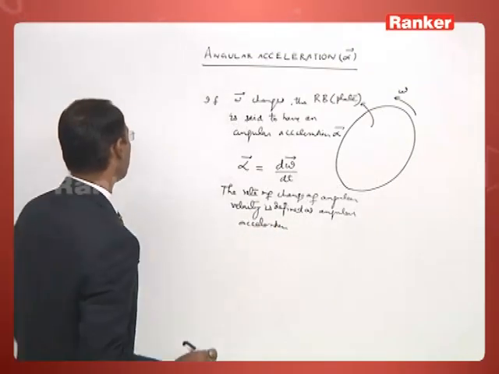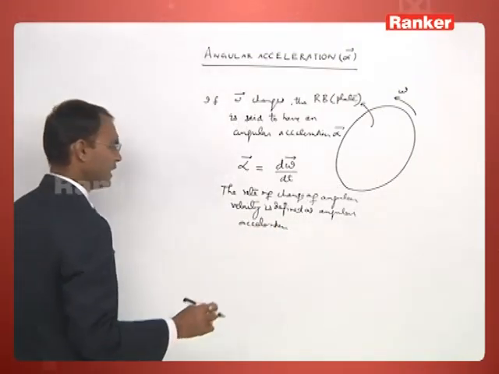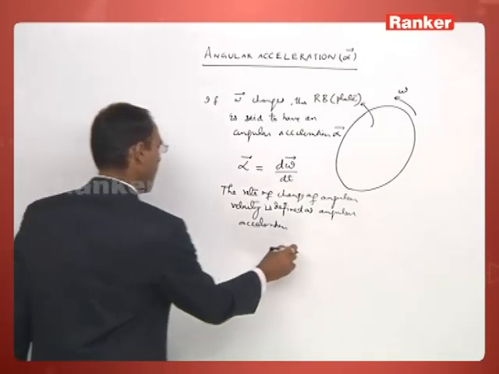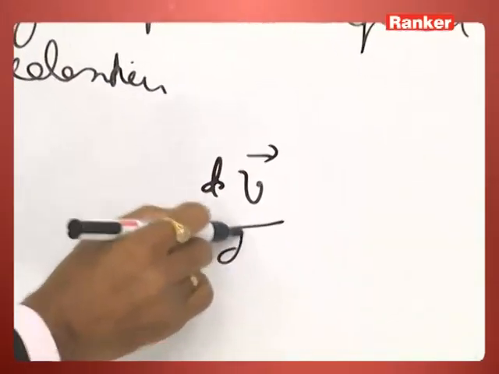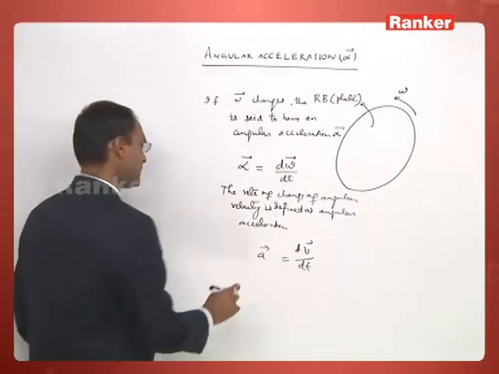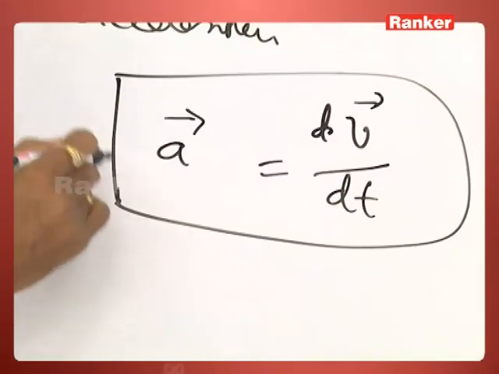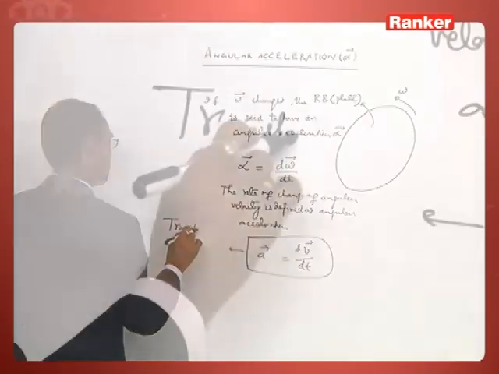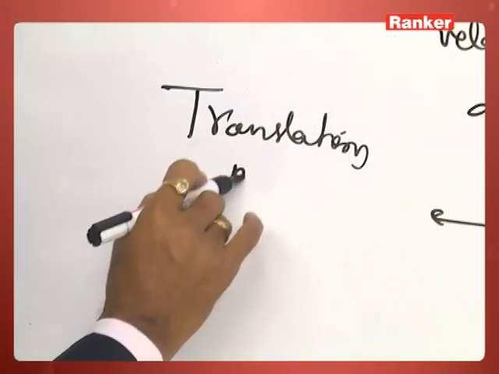We can compare it with the linear analog. The rate of change of linear velocity is defined as linear acceleration. We studied in translation, translatory motion,